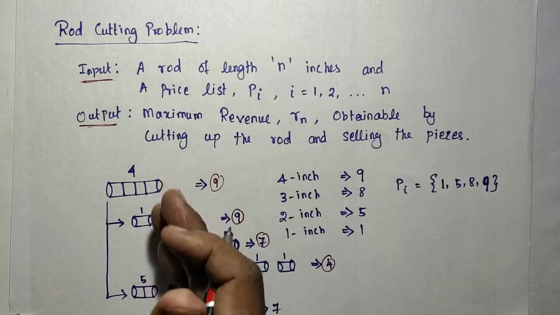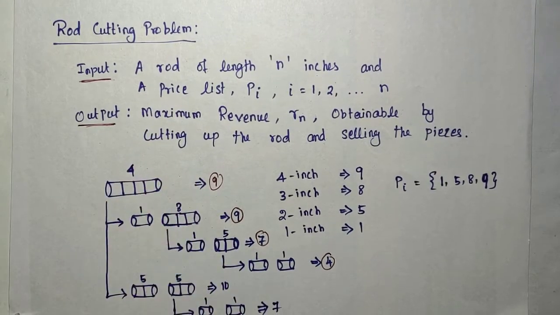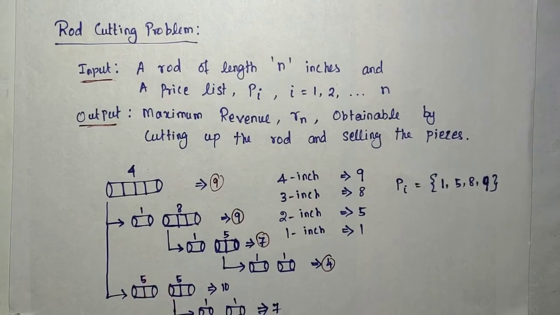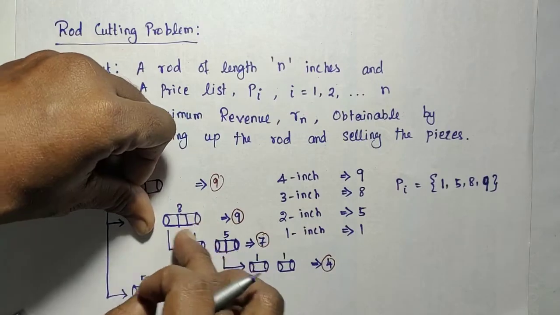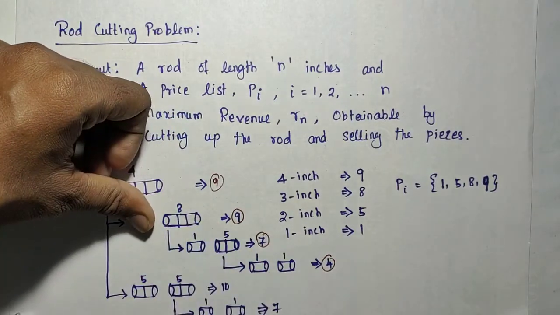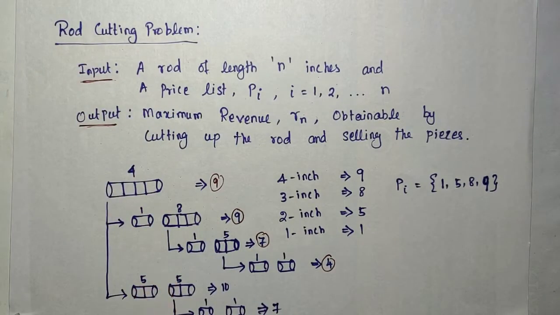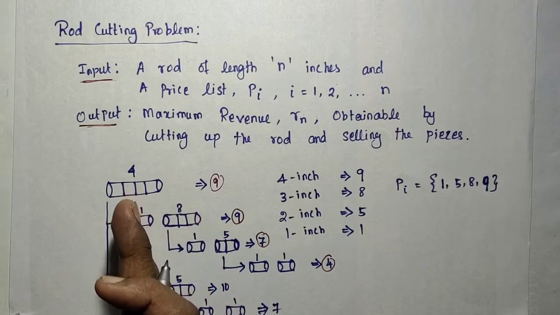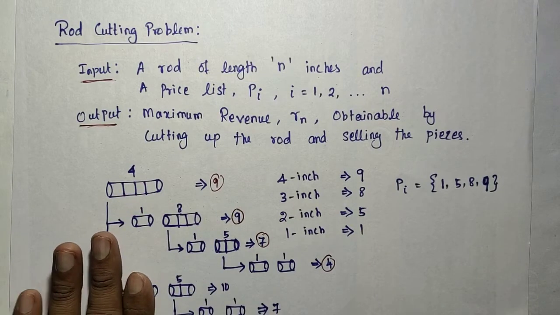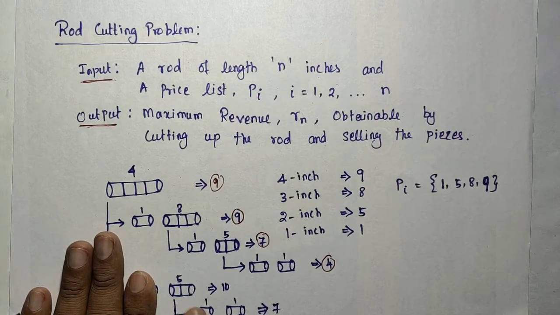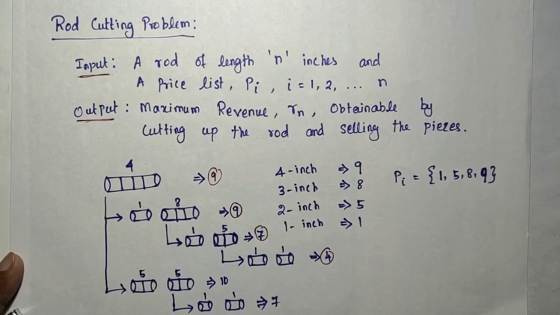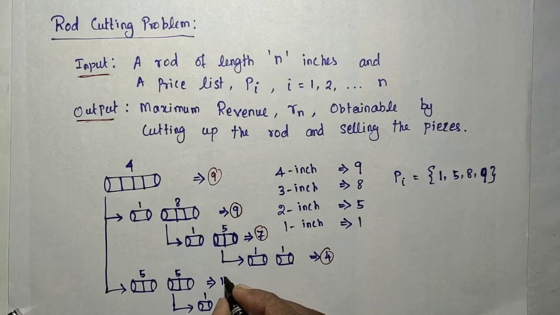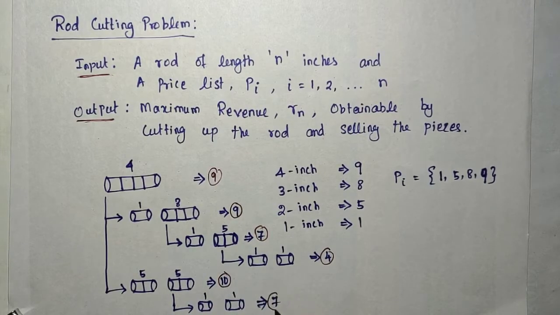So if you have made the cut on the first inch, or if you made a cut on the second inch, the first piece is going to be sold as it is. We are finding the possibility on the second piece. Similarly, the cut is made on the second inch and the first piece is going to be sold as it is. In the second piece we are finding the possibilities, if it is sold as it is, and if you do the split on that inch also. So we will get 10. In this way we will get 10. In this way we will get 5.